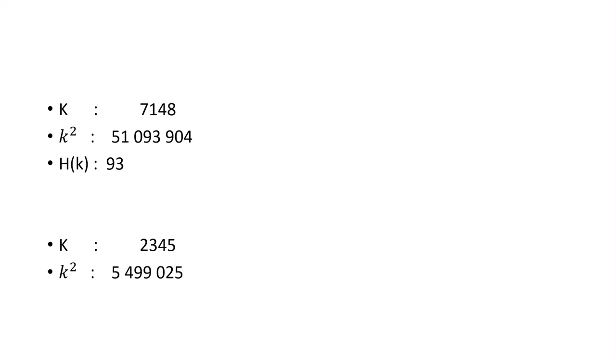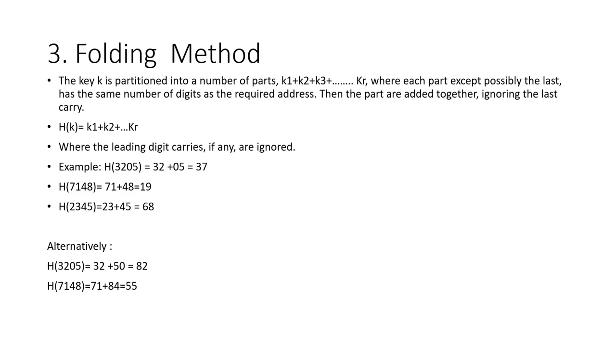So the next example is here. The key value is 7148. You square it, and from the right, 1, 2, 3, the fourth and fifth, these two will be the address of this location. Now when you square this number 2345, the fourth and fifth, that is 1, 2, 3, 4, 5, 99 will be the address of this. So you can decide; it depends upon the strategy that you're going to use. Here the strategy is, you square the number and pick the fourth and fifth number coming from the right. Okay, so this is known as the mid square method, and the third method is known